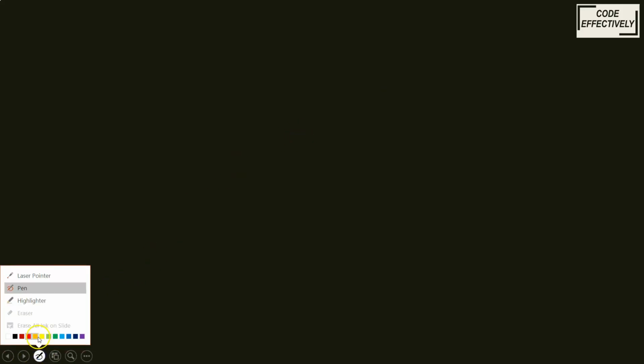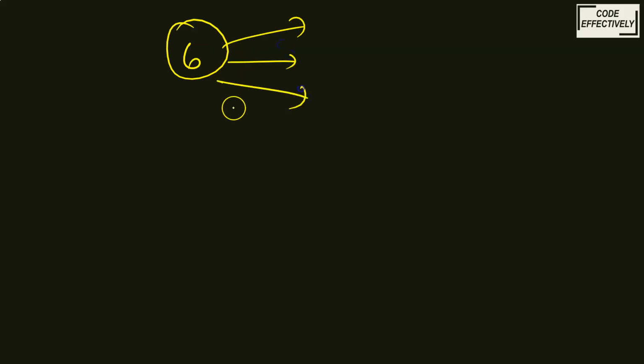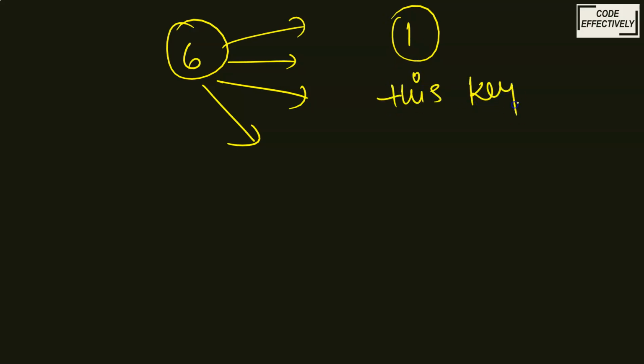Okay, so let's start. See, actually this keyword is an important keyword in Java. It has many uses, a variety of uses. This keyword has around 6 different uses. We can use this keyword in 6 different ways. Today we will be discussing one of the ways. So one of the ways is that this keyword is used to access the current class.